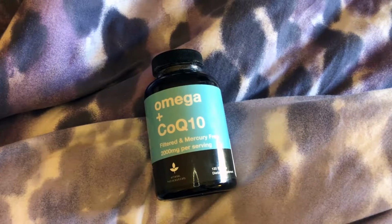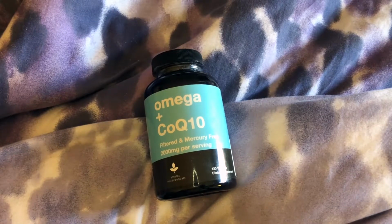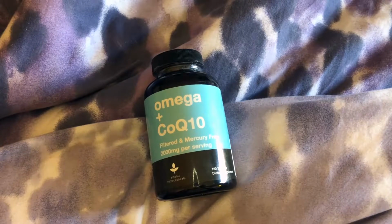CoQ10 for better heart health. Decreased levels of CoQ10 have been shown to contribute to negative effects. Boost your heart health with this daily omega-3 CoQ10 combo supplement. It's filtered, it's mercury-free. Athelas Nutraceuticals filters its fish oils to ensure impurities and contaminants, including mercury, are